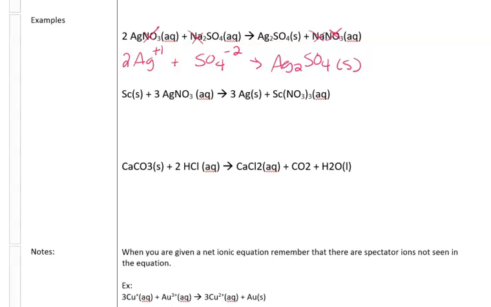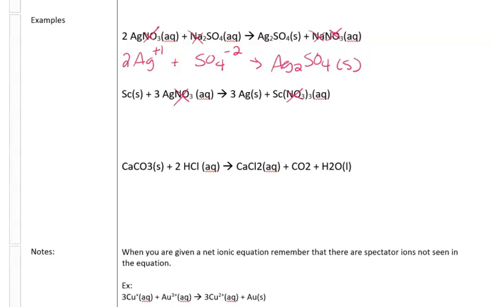All right, let's look at this one. So this next one is a single replacement reaction, which means it looks a little bit different. But I can still write a net ionic equation because I still have a spectator ion. I just have to find it. Is it Sc? No, it's not, because that's the solid on the reactant side. Is it Ag? No, it's not, because that's the solid on the product side. Is it NO3? It is, because that is aqueous on both sides, and we know that nitrate usually is a